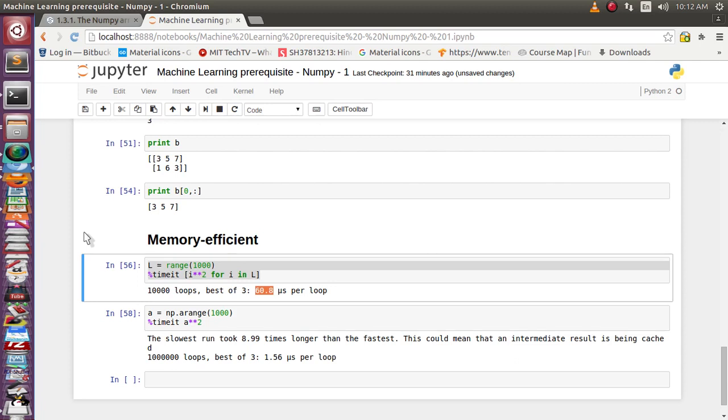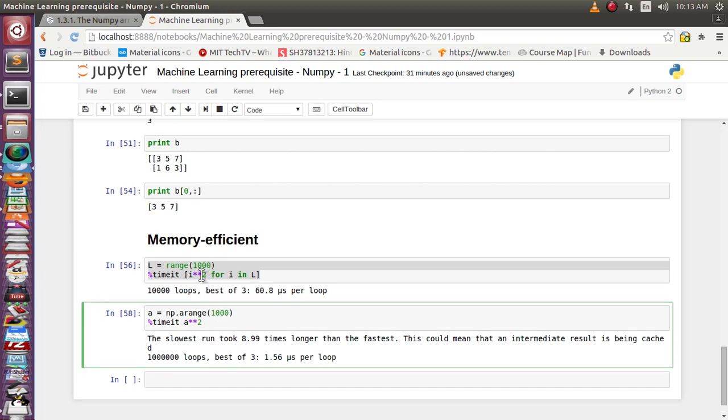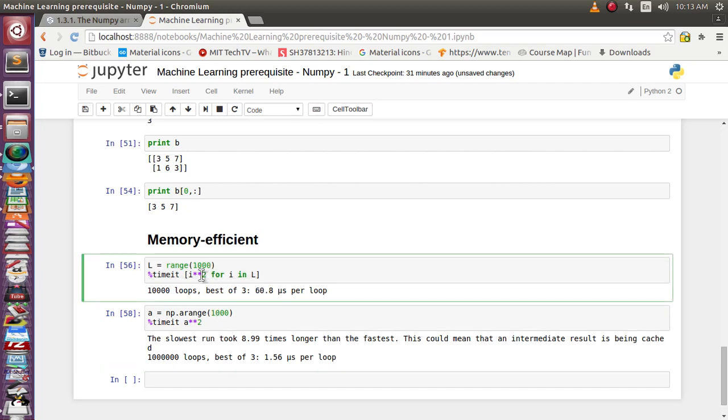So you can imagine how efficient and how fast numerical Python is for data manipulation, or matrix or linear algebra related manipulation. It is nothing but array oriented computing that people are using, and as it is very fast, it is very close to the hardware. The way the computation happens on hardware, it is very close, that's why it's very fast. So it is better to use these numerical Python functions rather than the built-in Python data structure.